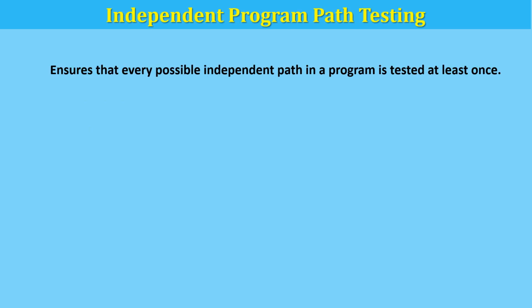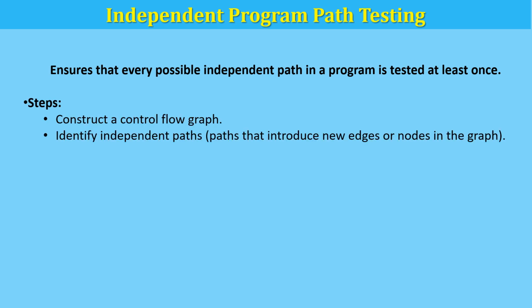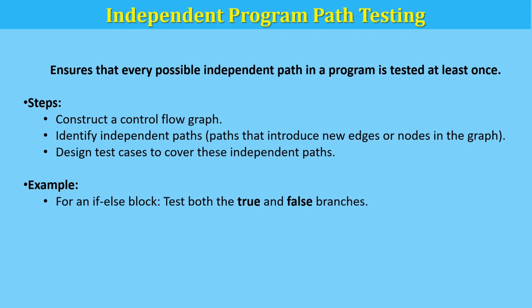Independent program path testing. Independent program path testing involves testing each unique execution path within the code to ensure that all parts of the program are covered. This method is particularly crucial in systems with complex logic or decision points, where multiple paths could lead to different outcomes. A key element